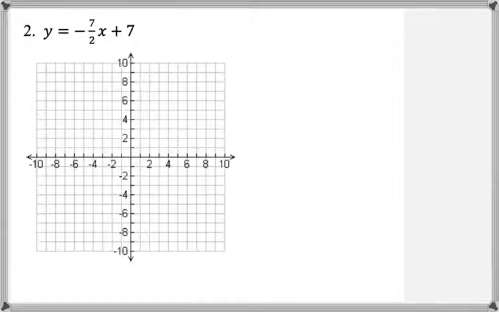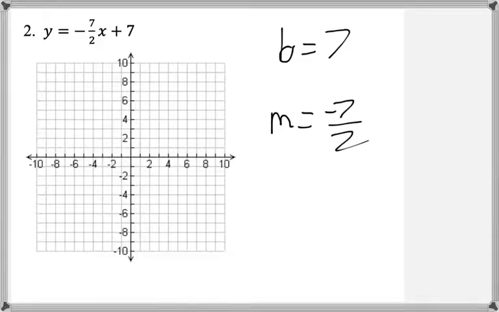On question number 2, we are graphing the line y is equal to negative 7 over 2 times x plus 7. So the y-intercept is 7 and the slope is negative 7 over 2. So the first point that I'm going to graph is (0, 7),